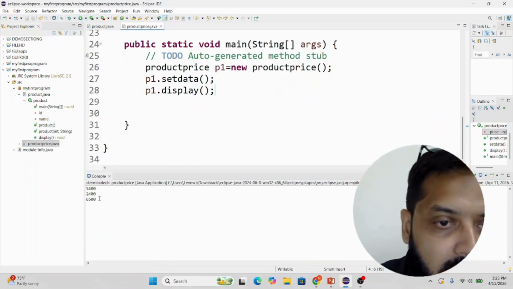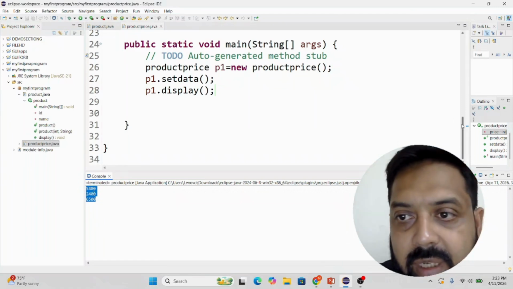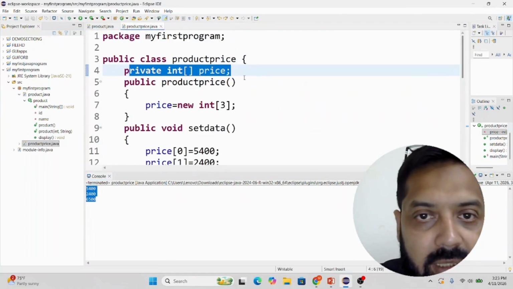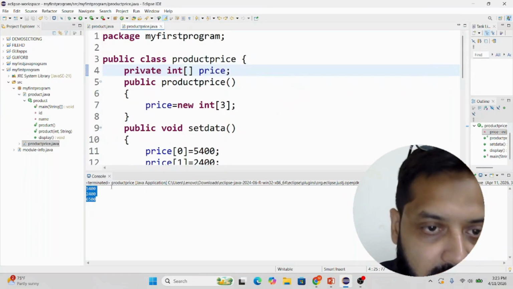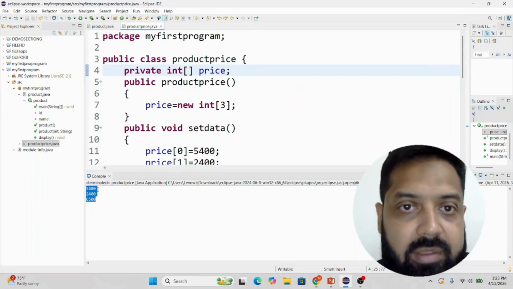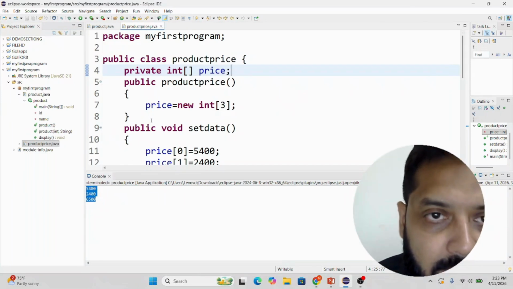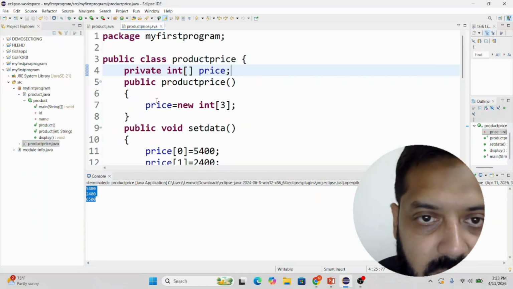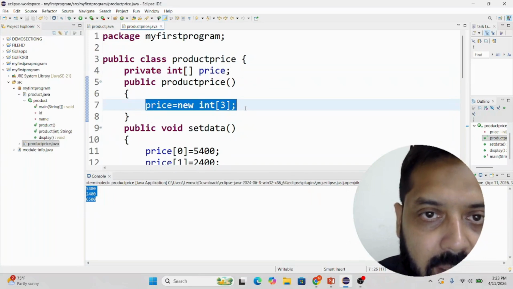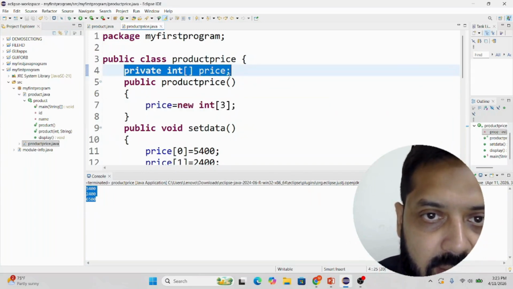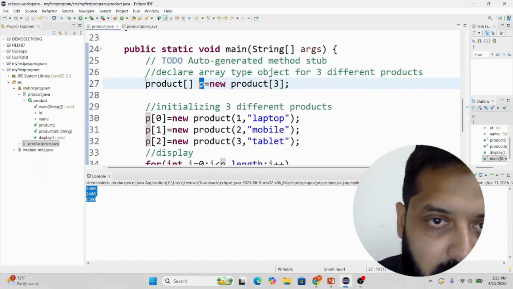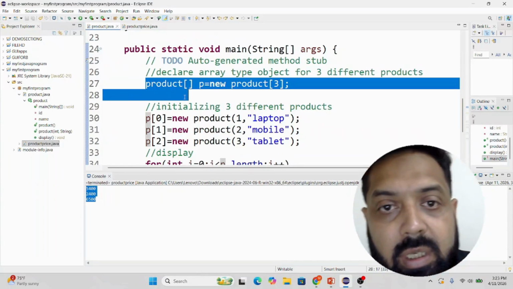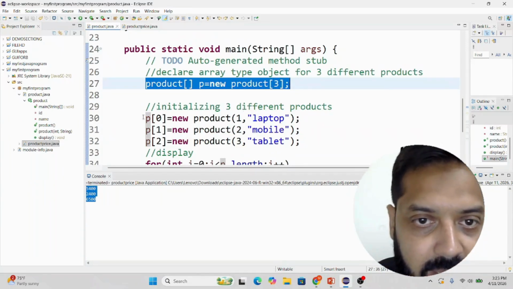So you can see that these are the different values for your instance variable, that is price. This is the price array that contains three different values, and in this case it is not storing references to objects. So this is how a simple array is declared and initialized in your class, and this is how your array of objects is declared and initialized in your